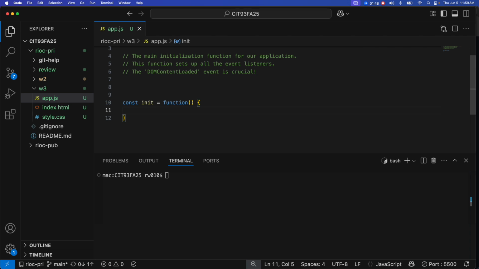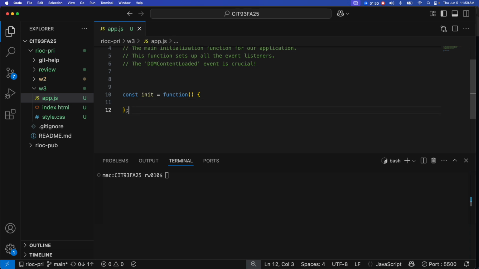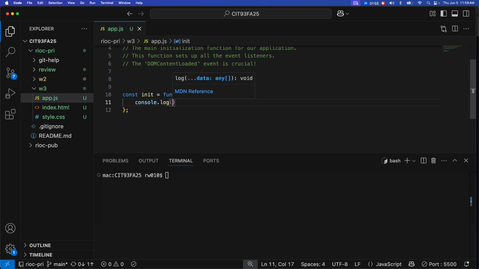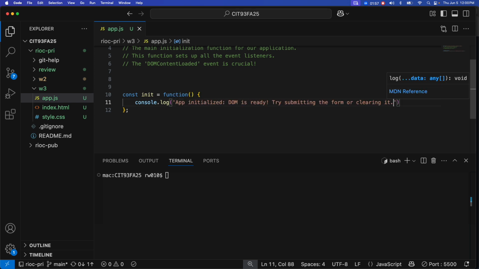And then in here, we know we need to use semicolons. And then in here, we're going to do a console.log, and that's why I grabbed that other content, just to say, hey, our app initialization is done. It's ready. And now it says try to submit the form. We're not there yet. We just have this here,